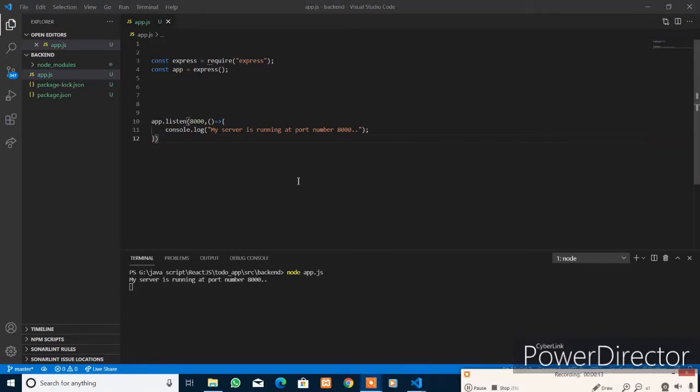Now you have to create the routes. Those are called the endpoints with the specific path and the HTTP method.